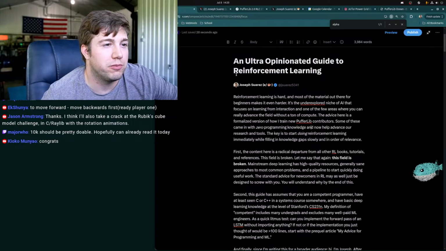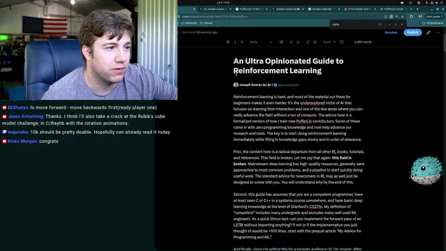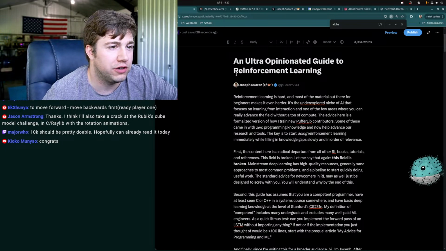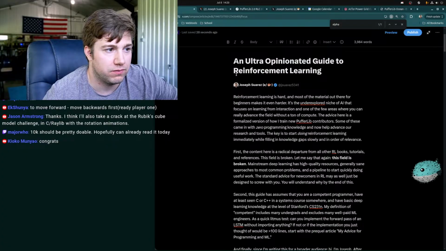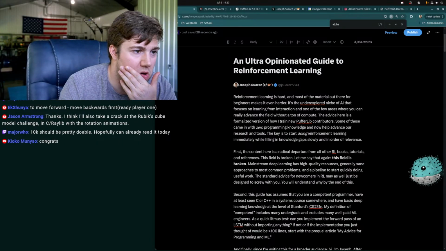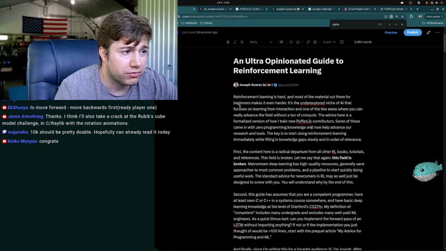Reinforcement learning is hard, and most of the material out there for beginners makes it even harder. It's the underexplored niche of AI that focuses on learning from interaction, and one of the few areas where you can really advance the field without a ton of compute. The advice here is a formalized